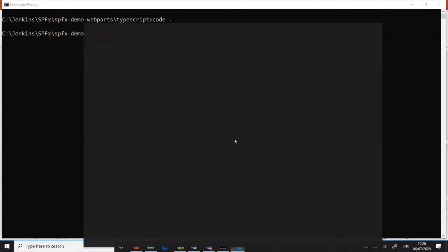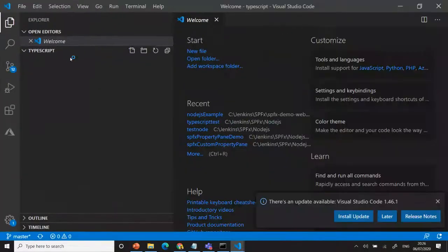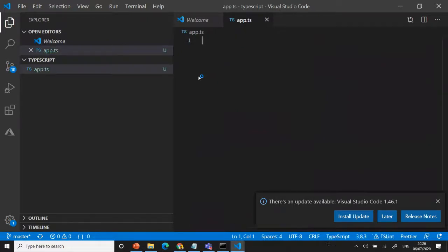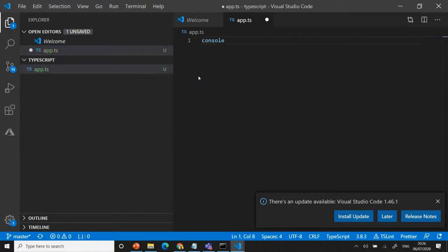I'm going to Visual Studio Code. I'm not getting any value right here. Here also it's the same way, but the only difference is I'm going to create, for example, app.ts. It's a TypeScript file. Whatever you want to write, same as JavaScript, you can write it. For example, console.log, welcome to TypeScript. You can say that if you want.